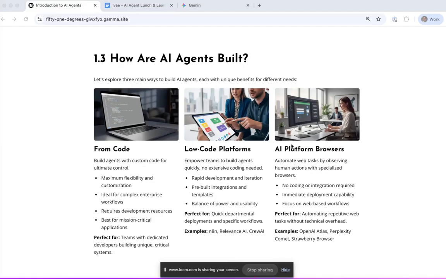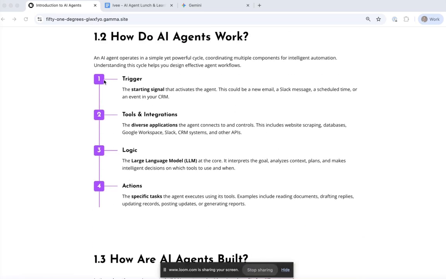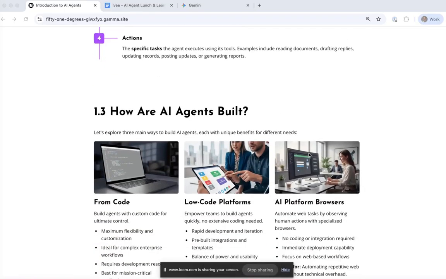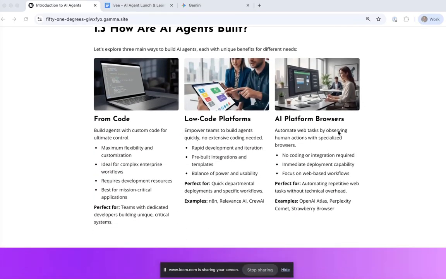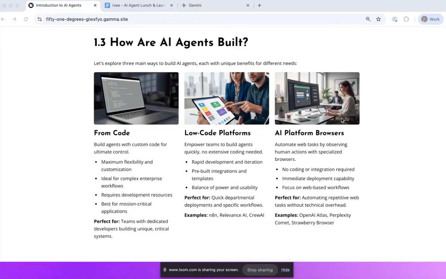Next, though, for the more technical people on the call, you can use low code platforms. And at this point, you get to the place where anybody who is somewhat technical can probably build an agent themselves using one of these sorts of platforms. And in this case, you are putting the building blocks together, like I said in the previous slide: the trigger, the tools, the logic, and the actions. You're putting those building blocks together in order to fulfill a piece of work that you're doing in your daily role. And so, these low-code platforms include businesses like N8N, or Relevance AI, or Crew AI,